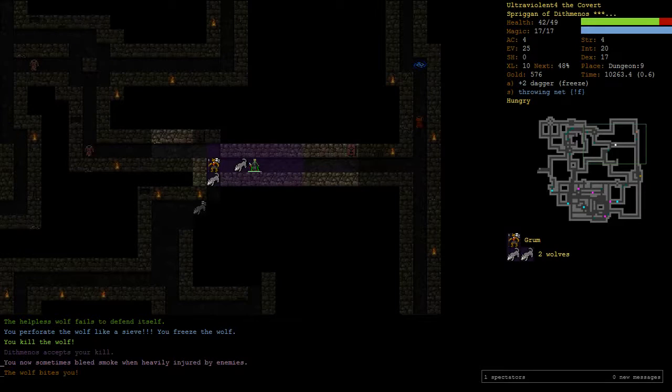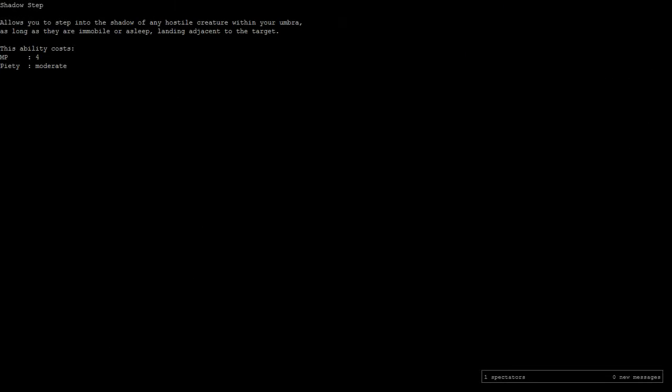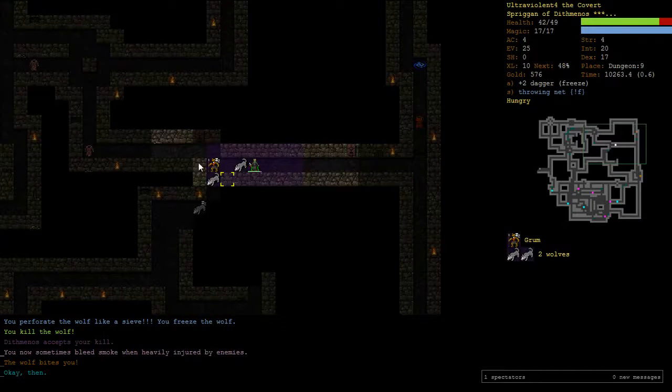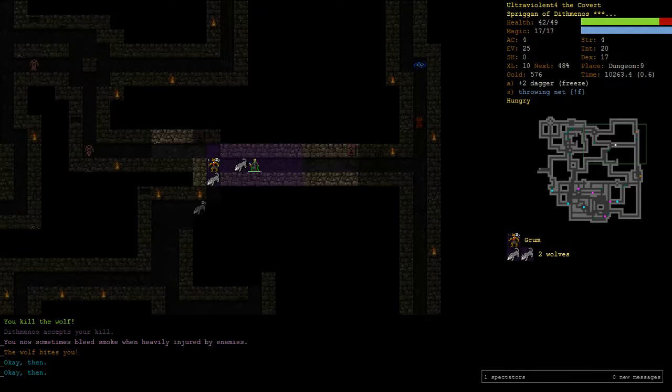Okay, so this ability, Shadow Step, it allows you to step to the shadow of any hostile creature within your umbra, as long as they are immobile or asleep. So, when I've been talking about ensorcelled, using it and being too far away, I can now ensorcel something and then shadow step to it. I probably won't do that much, if ever, actually, because it's kind of a waste of your piety. What's better is something like this, where